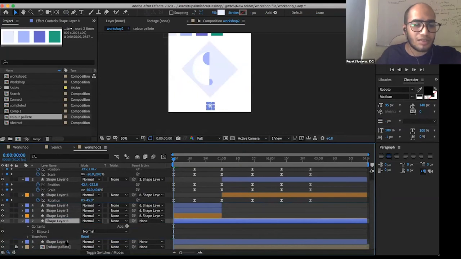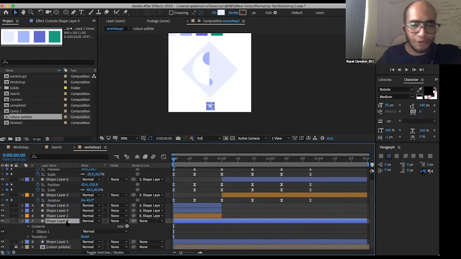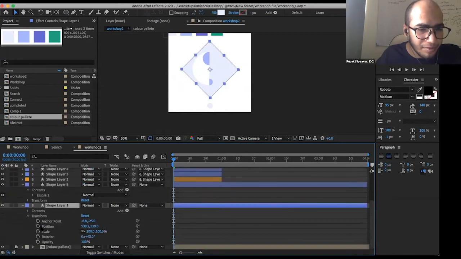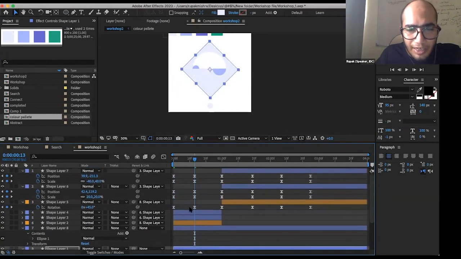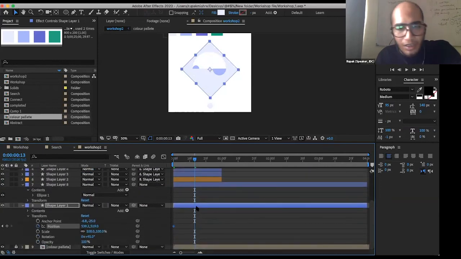Because these are our most isolated ones, we don't have any much complicated animation in this. So we'll keep it together now so that we can easily view both and animate it. So go ahead in shape layer and open the transform properties. Go to the position and click the clock icon.